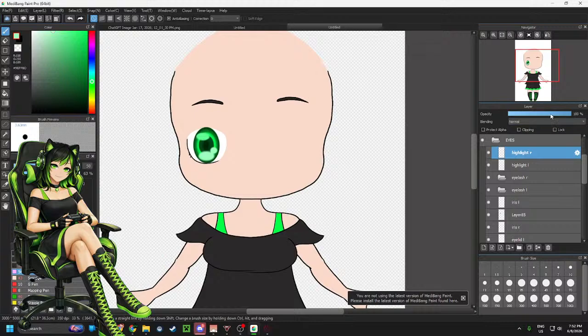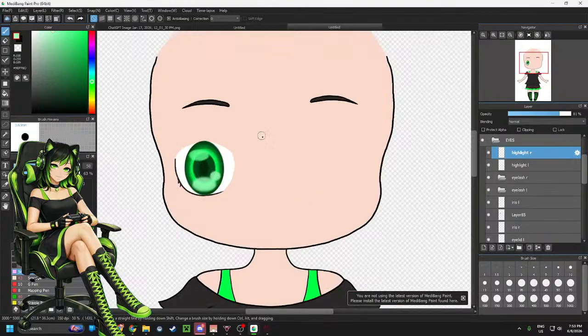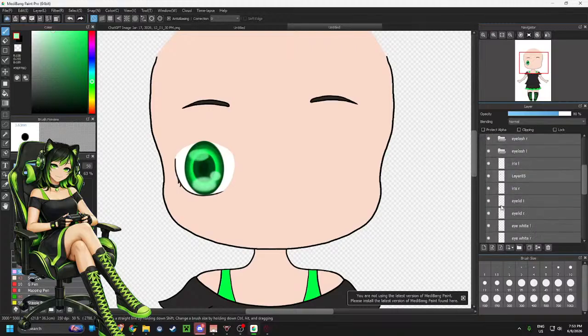Maybe I should make the opacity less. Yes, that looks nice. Do I just erase it with 20? No, that won't work, will it? No, I just need to make the opacity 80. There we go. Oh, this looks horrible. Oh, and I am using, like,